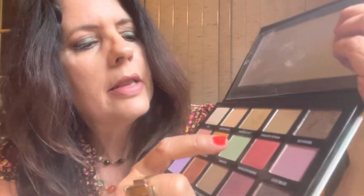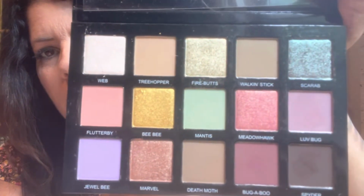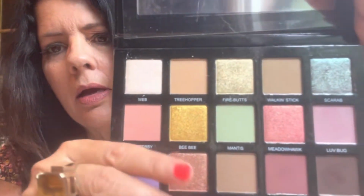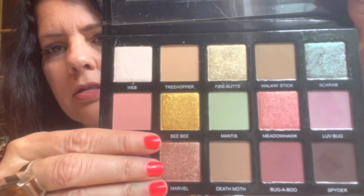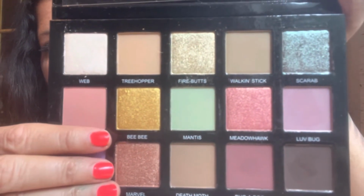But anyways, it does have the gold, and it's got some oranges and berries and some browns and some neutrals. And if you just cover up your pastel purple, you can see that you could definitely use this palette for fall. And I like the larger pans, and you can still get this at the Sydney Grace website. The palette's $53. And of course you don't use codes because I think they're still donating money to the family, but it is